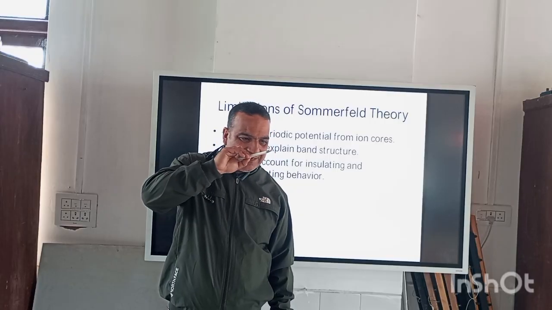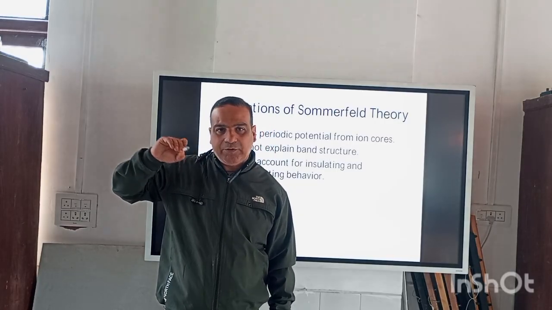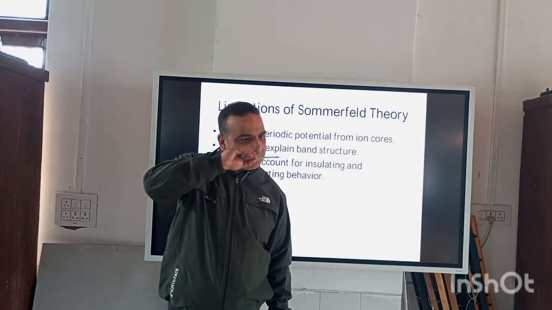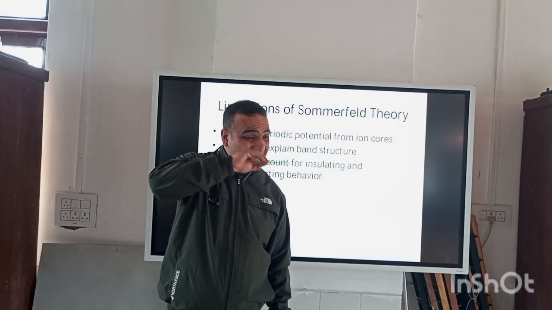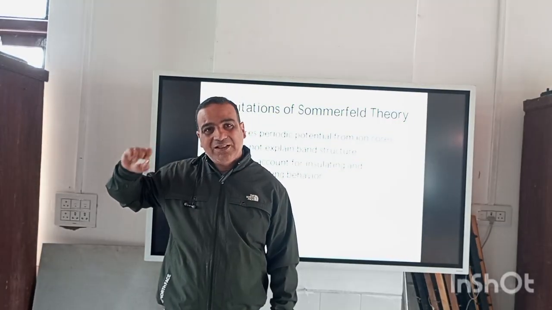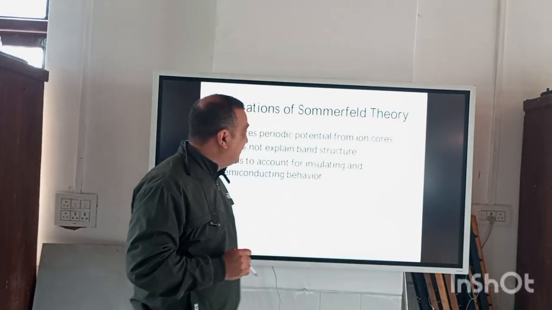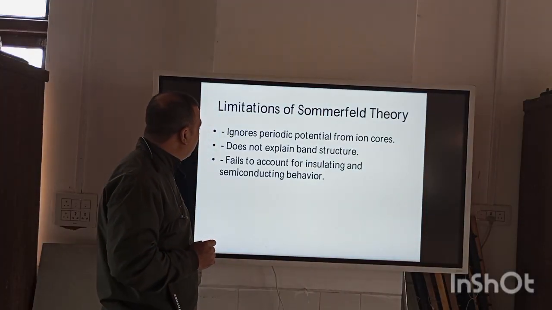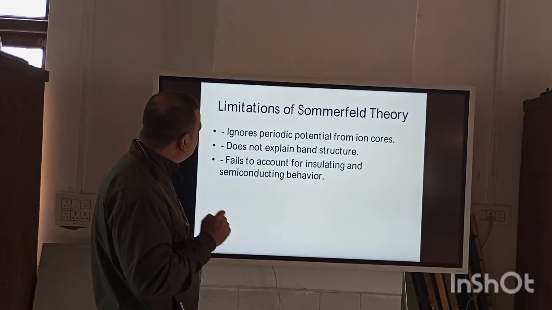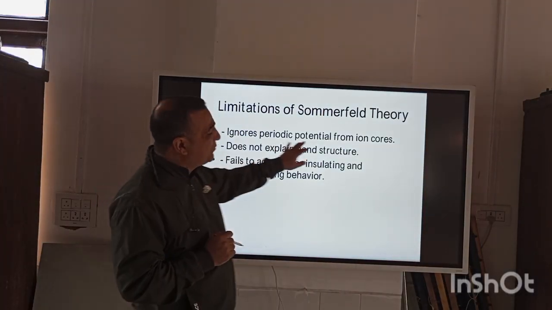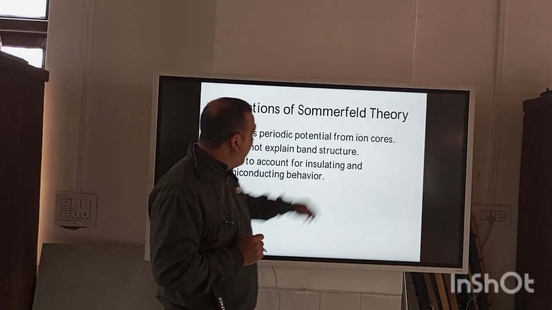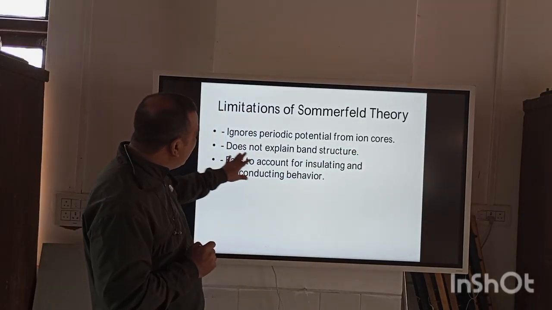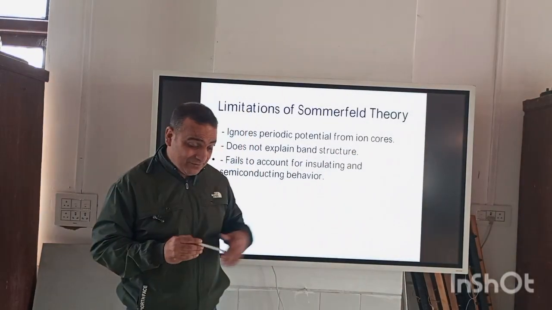It has to be something like oscillatory. But the Sommerfeld model assumes that the potential acting upon these electrons is constant. So this is a problem here. It ignores this periodic potential from the ionic cores,